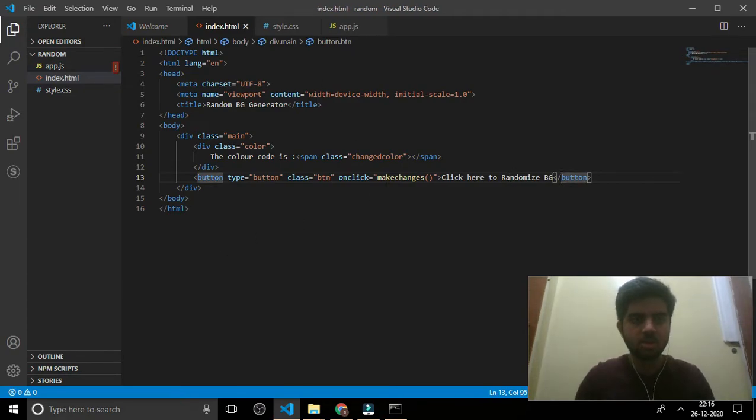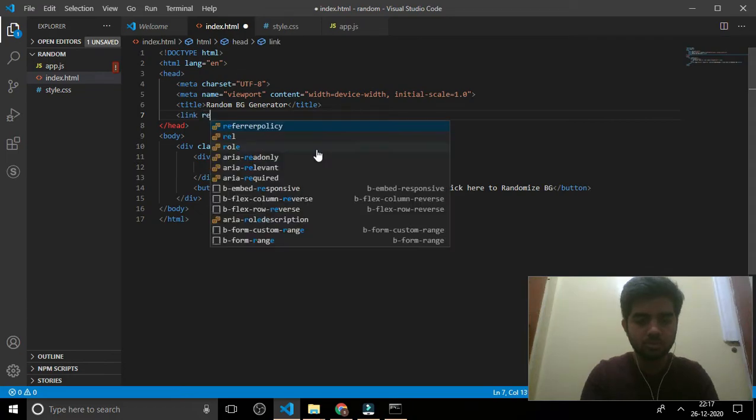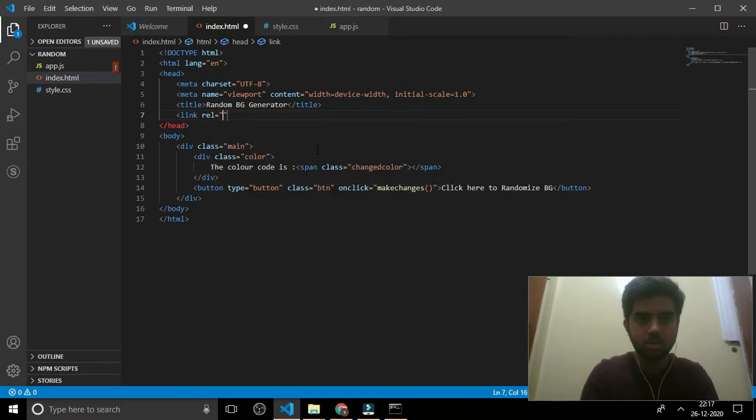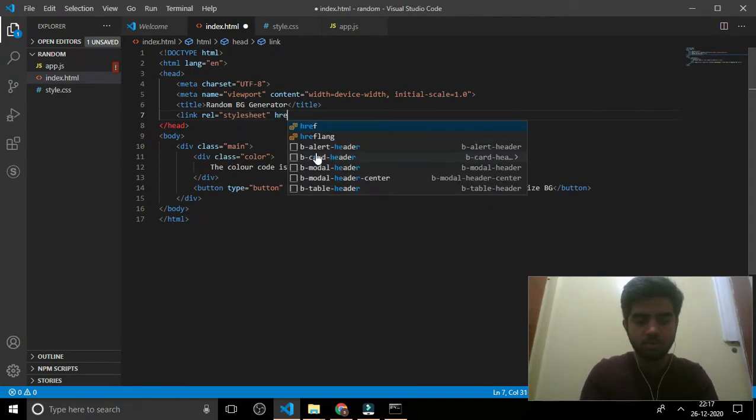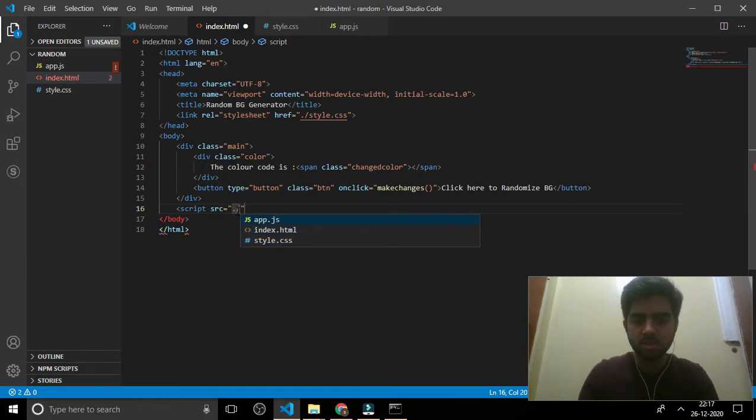Yes, let's link both the cascading style sheet and also JavaScript. Script source is app.js.